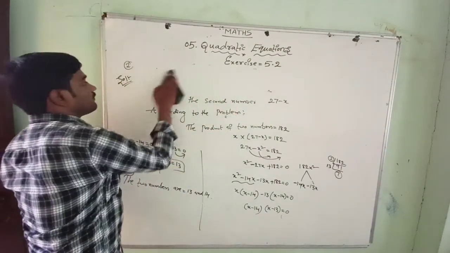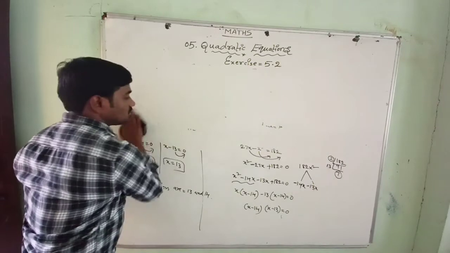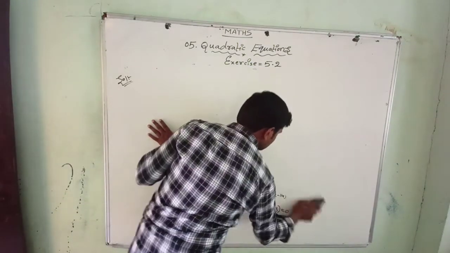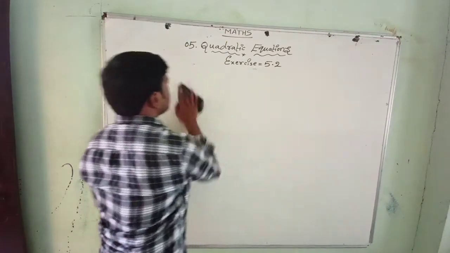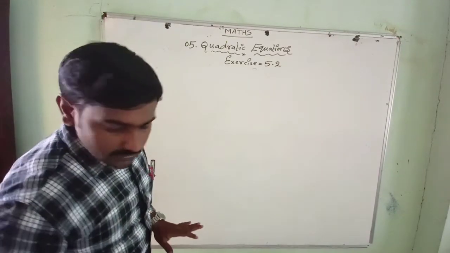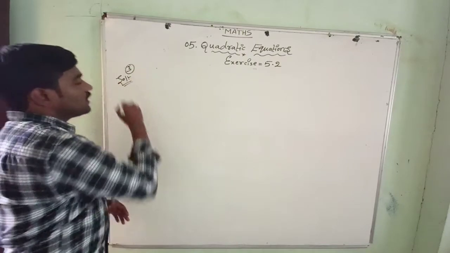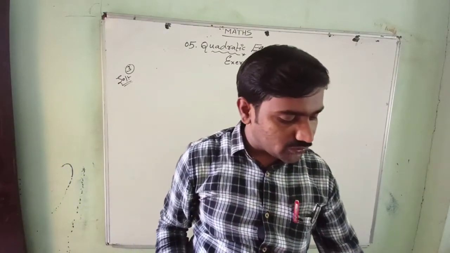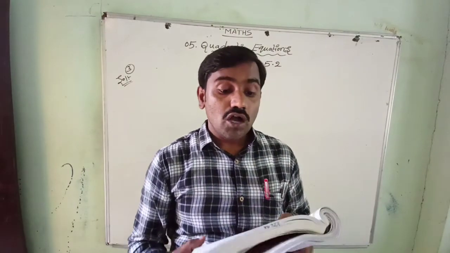Okay. Then we go for the third question now. We go for a third question and we'll complete the third question now. So the question number 3. Let us see what is the question number 3. Find the two consecutive positive integers. Find two consecutive